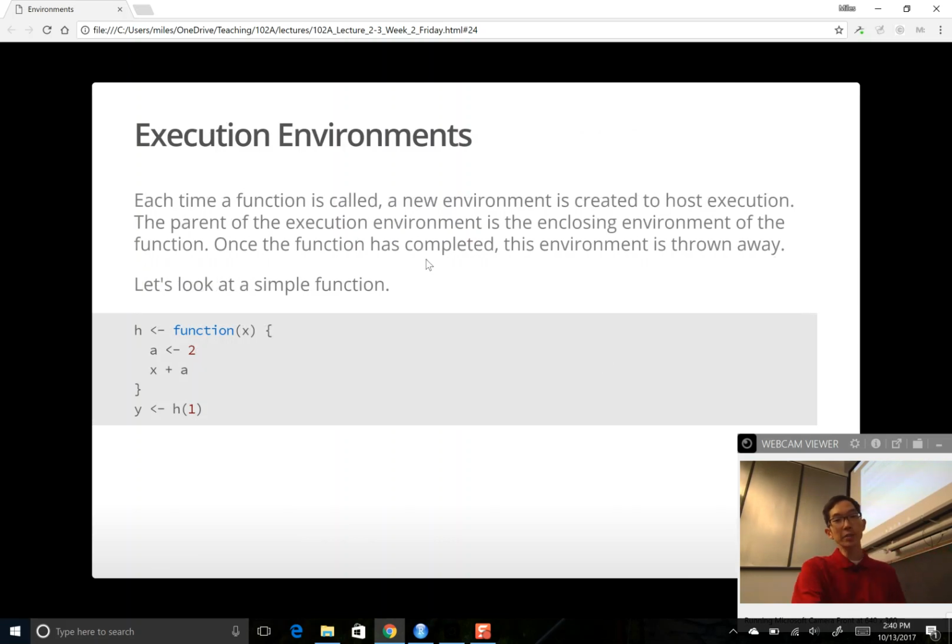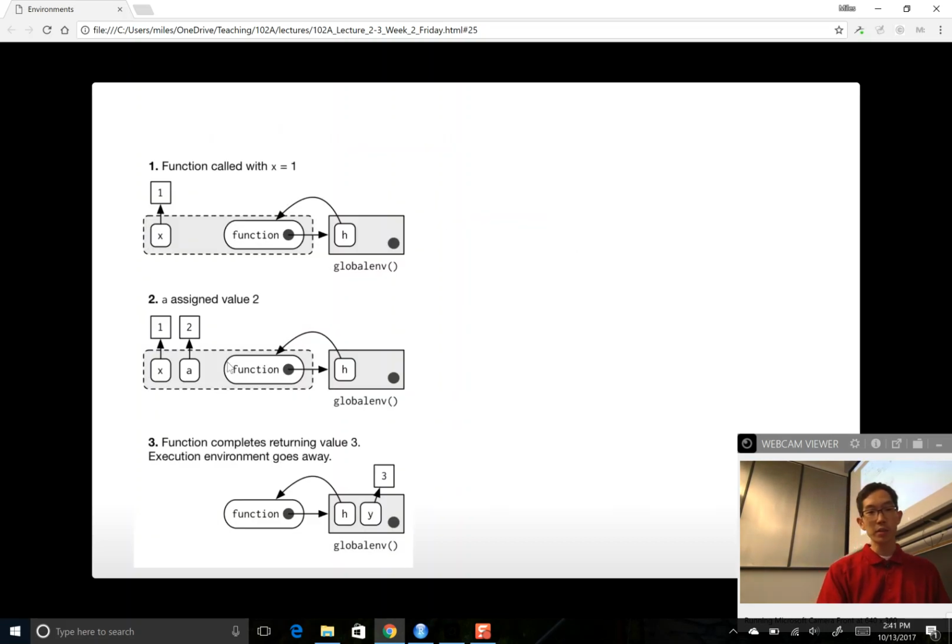All right. So the execution environment, we kind of saw this already. This is the new environment that is created just to handle the execution of a function. So when the function is running, the execution environment comes to life, and then after the function is finished, the execution environment disappears. Okay? So here we have h, the function h. Inside this environment, we're going to say a is 2, and then we add x and a together. Okay. So what does this look like? We call the function h